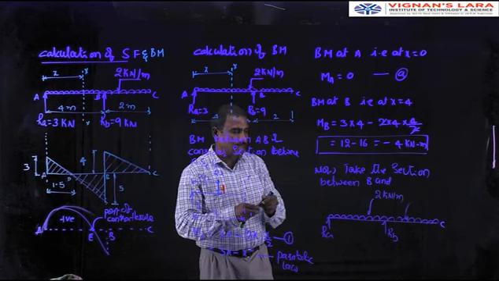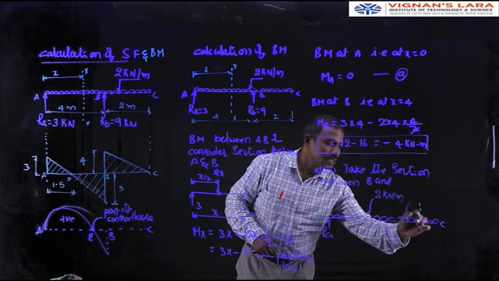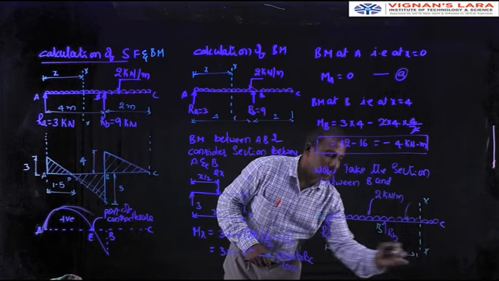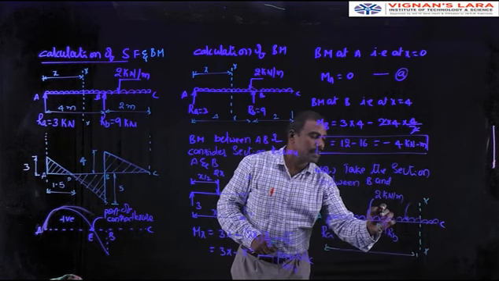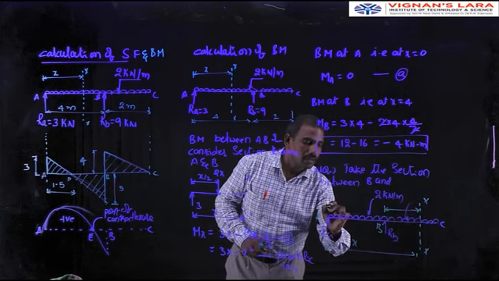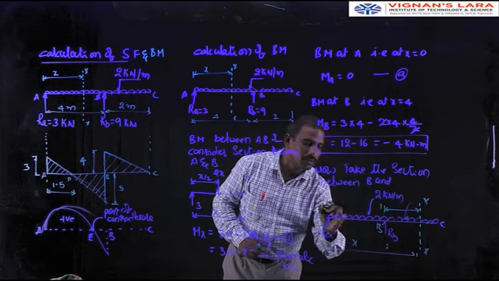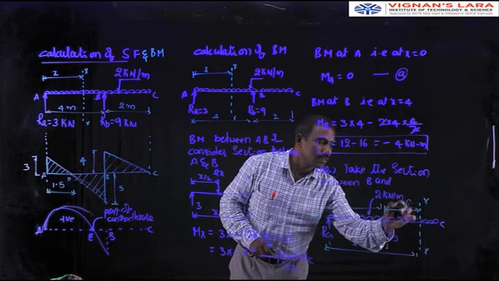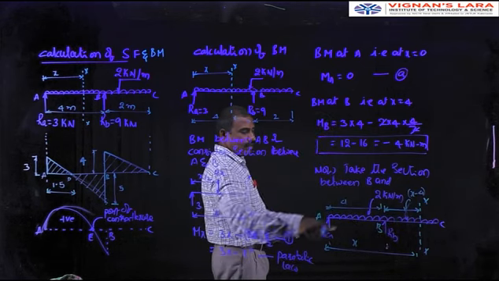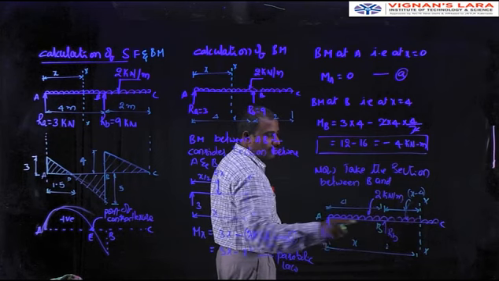Now let us take the section between B and C. This is the A, this is the B. So this is the section XX at a distance x. So what about the perpendicular distance from the section XX to the RB? So we know the distance between the A and B is 4 meters. This is 4. So what about this value? Definitely x minus 4. I think that we know the RA value and RB value and the perpendicular distance from the section XX to the RA and RB.